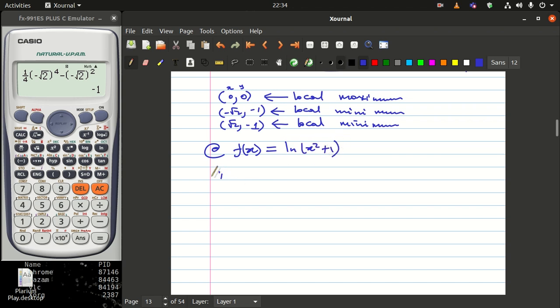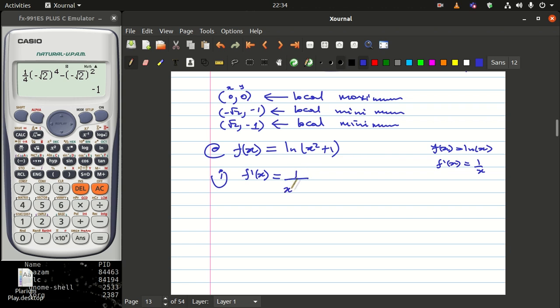Of course, the first question: you want the intervals where the function is increasing, and where the function concaves up and where it concaves down. So the first thing to do, you want to find the first derivative with respect to x. You know that if our f of x was equal to the natural log of x, the first derivative was going to be equal to 1 over x. So if we were to treat this part as just x, we're supposed to end up having 1 over x,